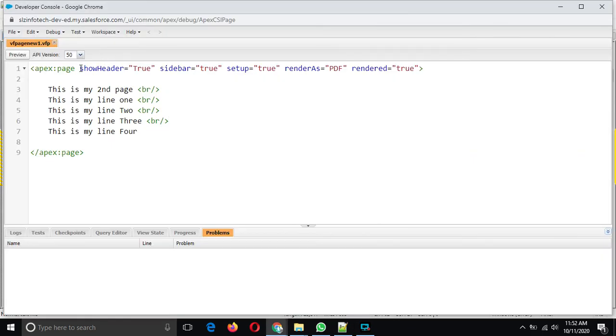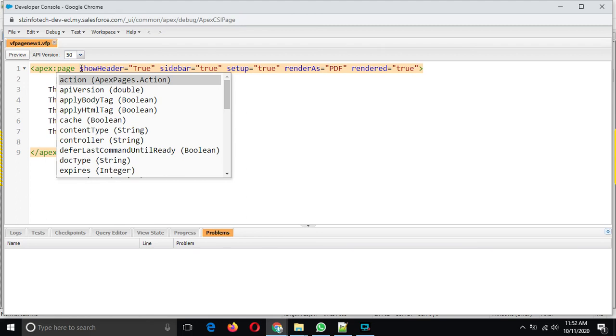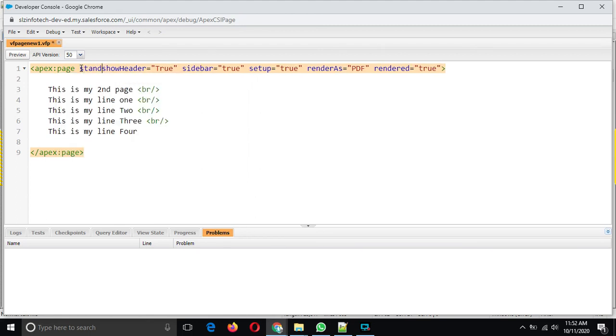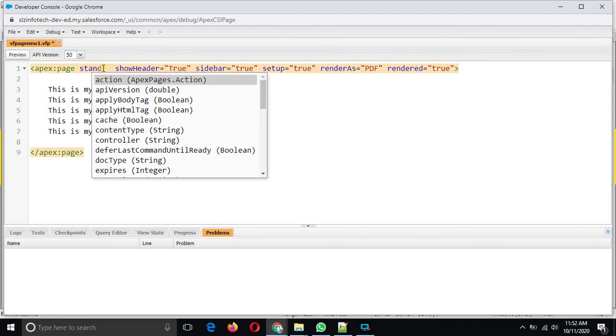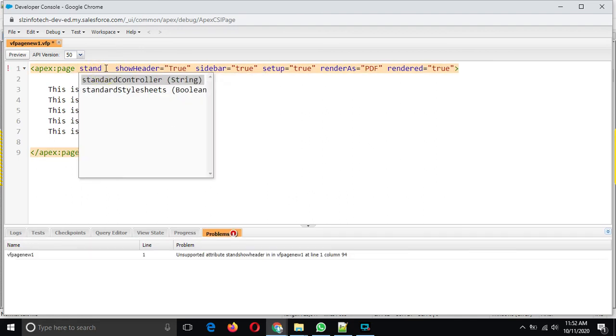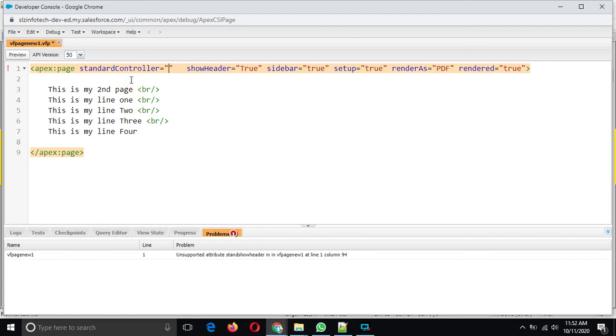You can put it like that here, standardController, and put the object name whose features you want to use and display on the Visualforce page.